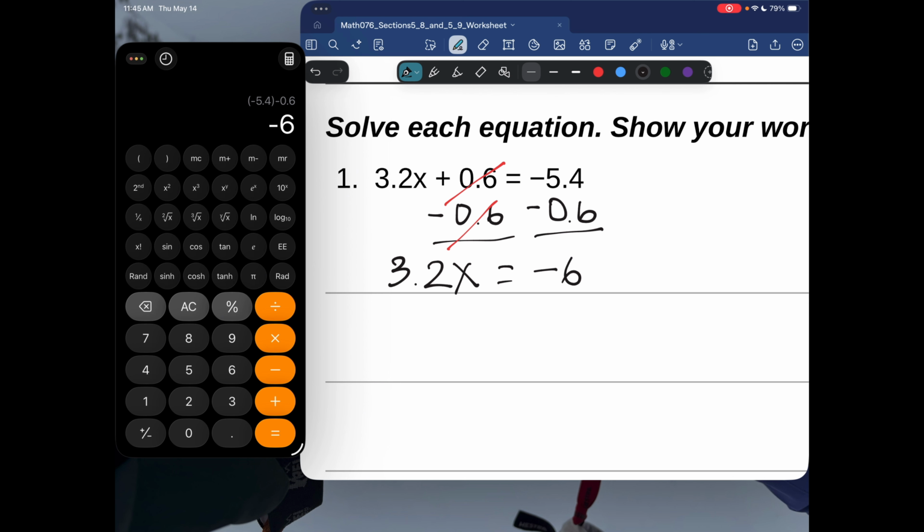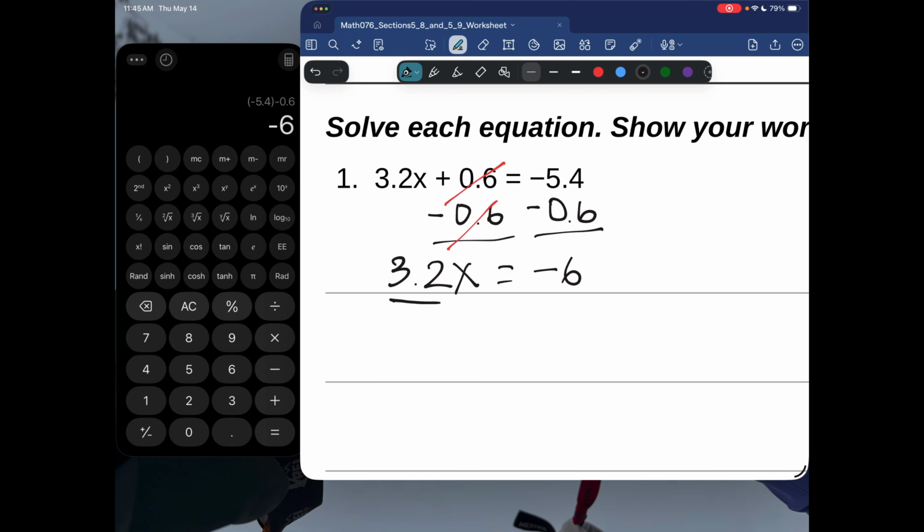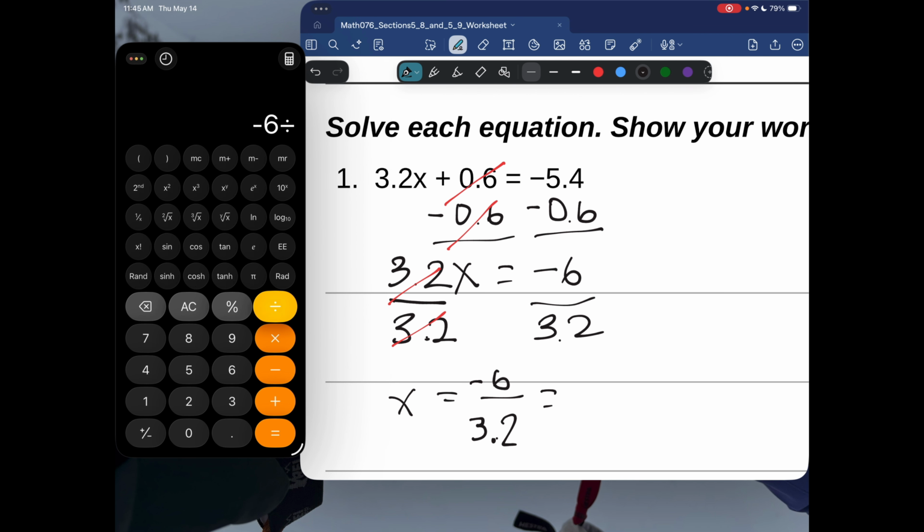And then I want to get x all by itself. So now I'm going to divide both sides by 3.2. And my 3.2's cancel on both sides. And I'm left with x equals negative 6 over 3.2. And let's put that in my calculator. Negative 6 divided by 3.2 gives me